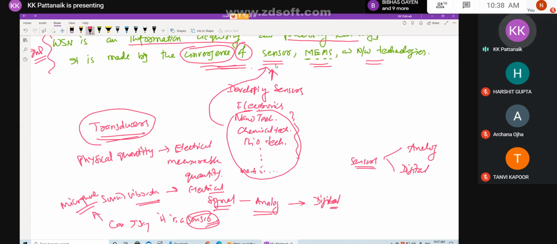Based on the sensor, there are many kinds of sensors, as we said: it can be a temperature sensor, a light sensor, a chemical gas sensor, a human motion sensor, or any other sensor, like an intrusion detection sensor. Okay. Then what is MEMS? Micro electromechanical systems. What is an electromechanical system?